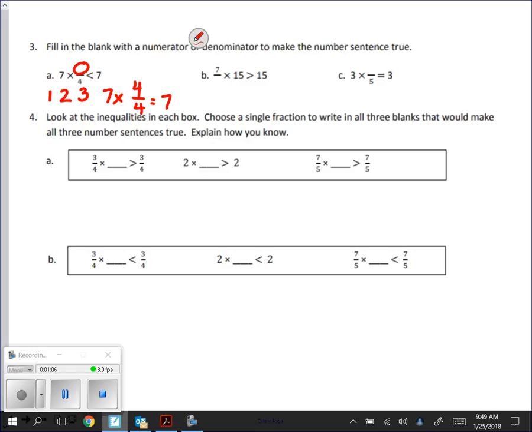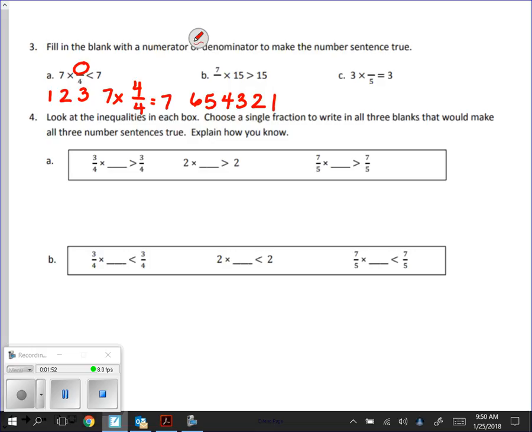So for 7 somethings times 15 to be greater than 15, we said yesterday, this is all going over yesterday, that this needed to be 6, 5, 4, 3, 2, or 1. Yes? Okay. Because this needed to be an improper fraction, because this needed to be greater than 1. The fraction needed to be greater than 1 to make 15 bigger than 15. Now, go back and watch yesterday. I don't want to go through it, but